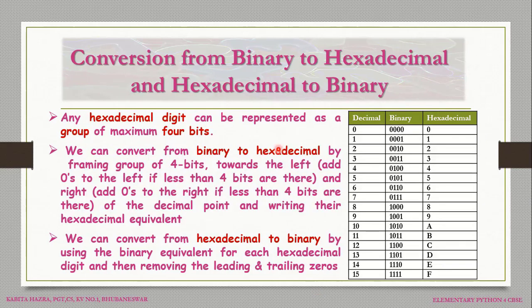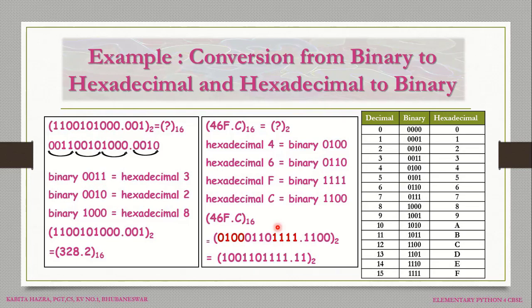Conversion from binary to hexadecimal and hexadecimal to binary. Any hexadecimal digit can be represented as a group of maximum 4 bits. As in case of octal, it is 3 bits. In case of hexadecimal, it is 4 bits. So we can convert from binary to hexadecimal or hexadecimal to binary directly. Suppose we want to convert